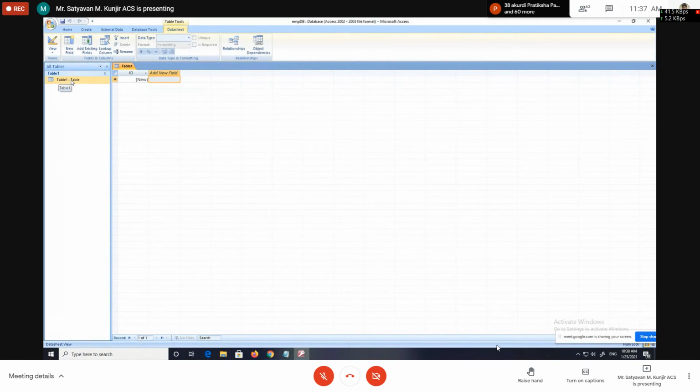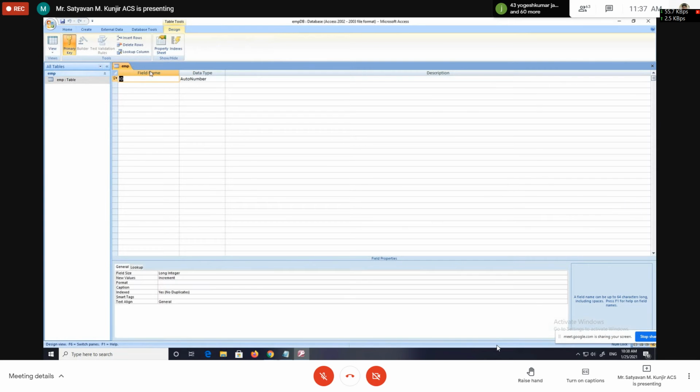After coming here, we have to right click on Table1 and select design view, because we have to add the columns in the table in 2003 format. So click on design view and give a name to the table. I'm giving the table name EMP. Then click on OK.